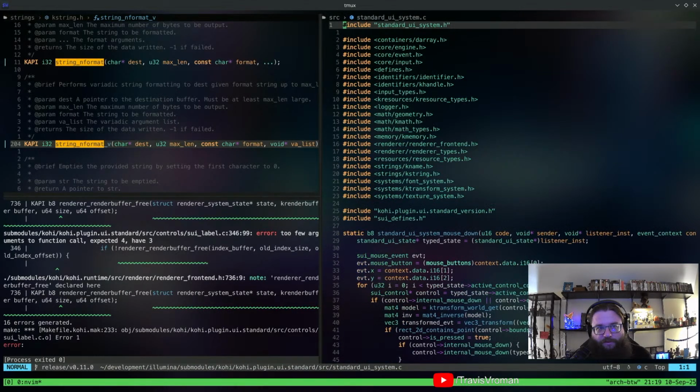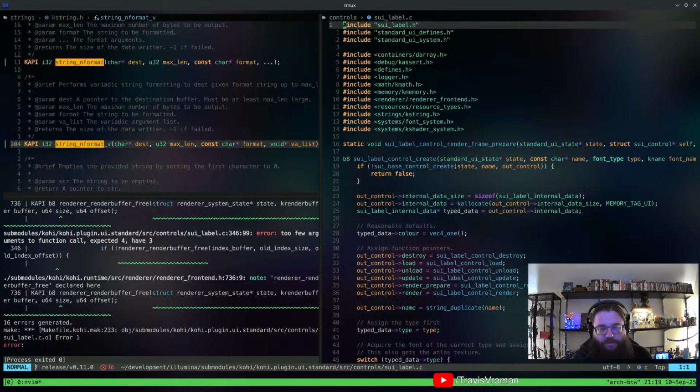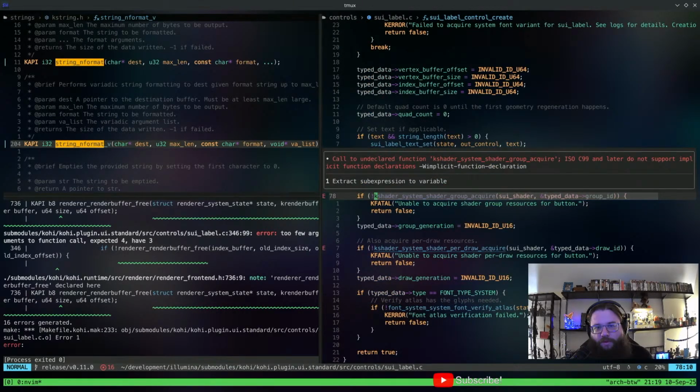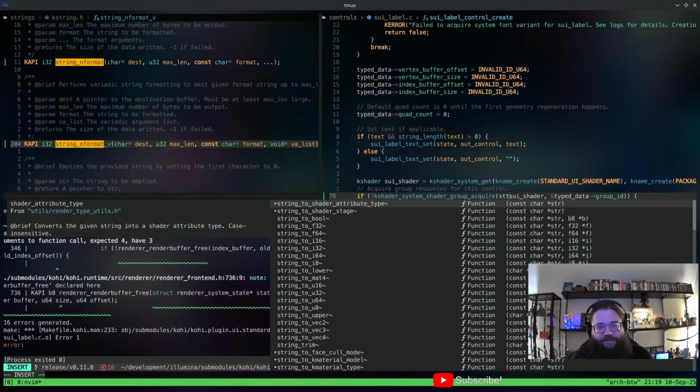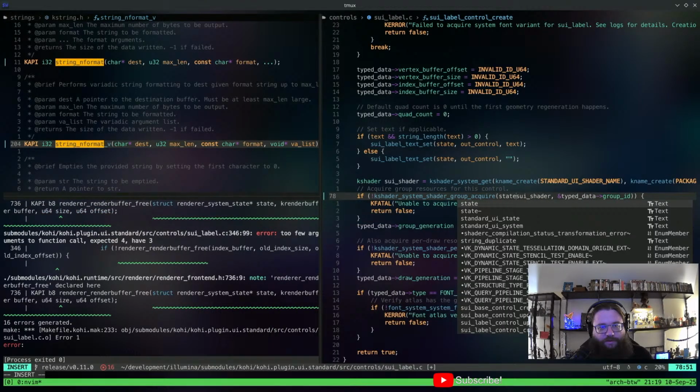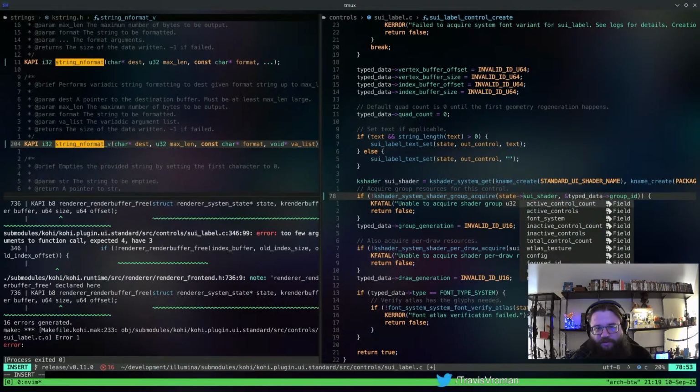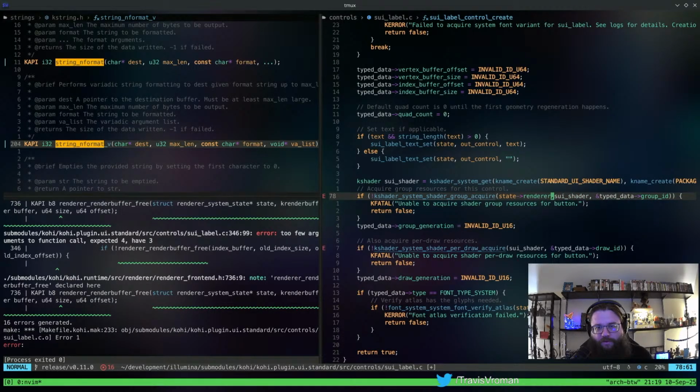So all we actually have to do is state. Was state, right? I think. Oh wait, this is the shader system it's going to need, isn't it? Oh, that's for groups.